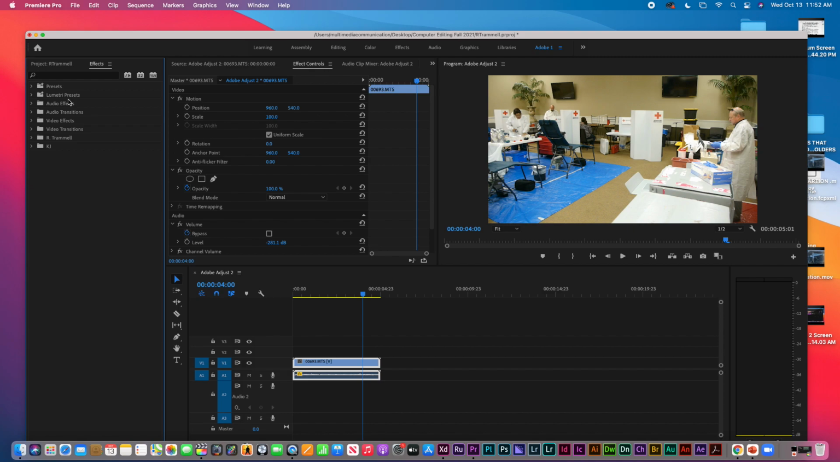Does anyone not have their Effects tab? That's the one with the audio effects, transitions and stuff in it. That's the one with the audio effects, audio transitions. Okay. So once you have your Effects tab available,